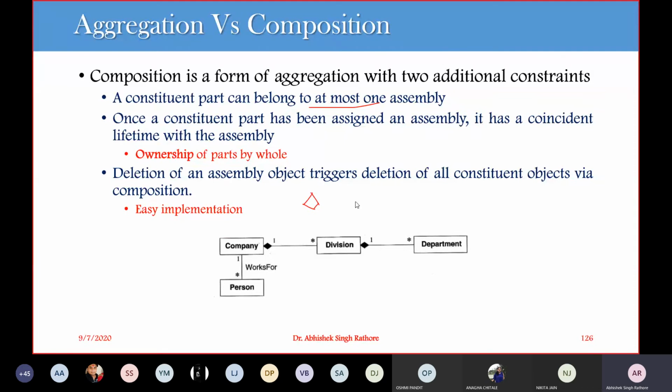When we are going for, let's say, company, division, and department, this is an aggregation. When we remove the company, the division and the department have no existence available. So this is a composition relationship, and that is how it is different from aggregation. Now